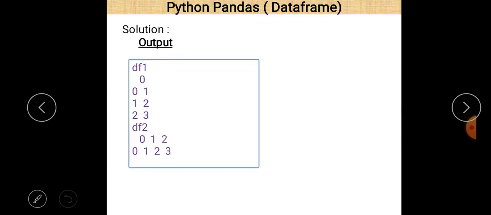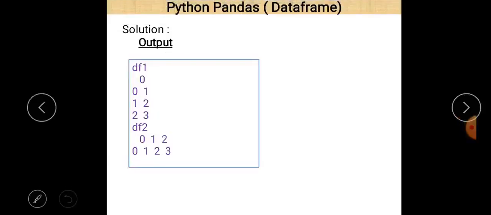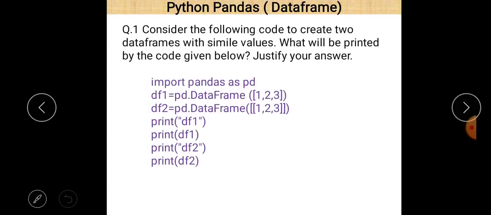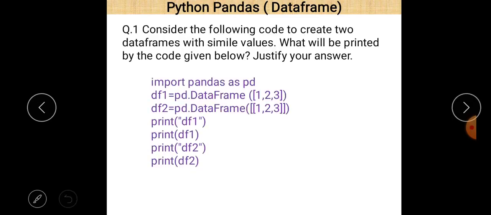This is because df1 here contains only 3 elements 1 2 3. And df2 is also there.